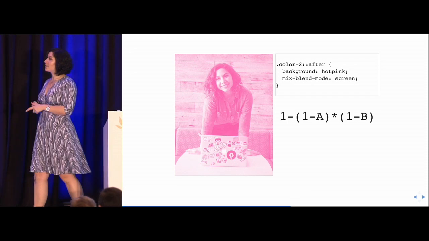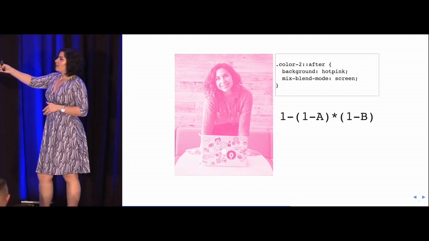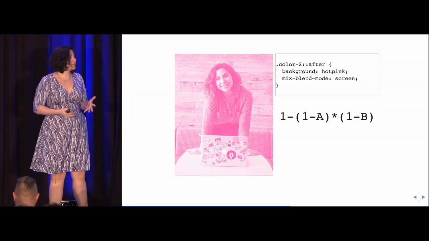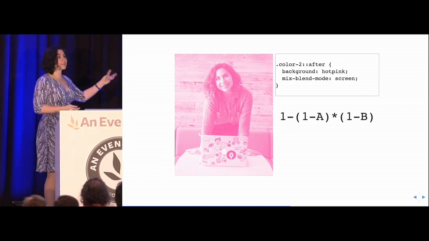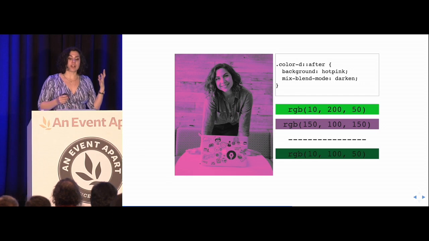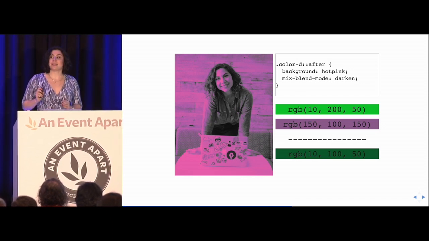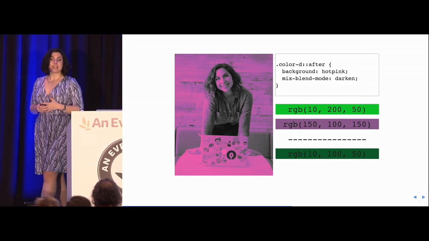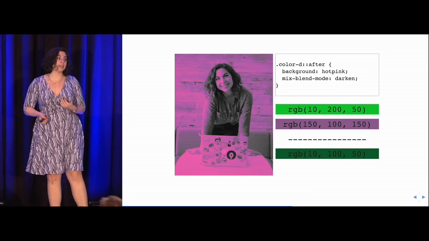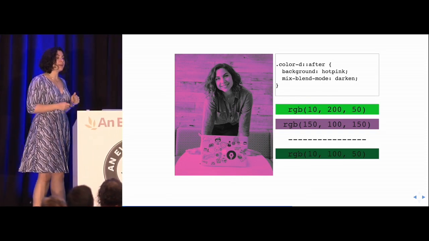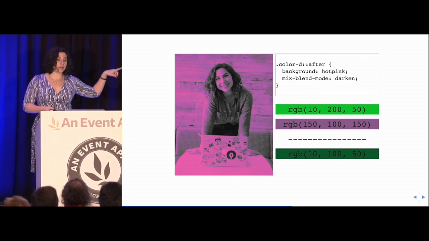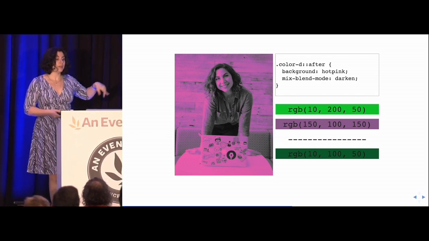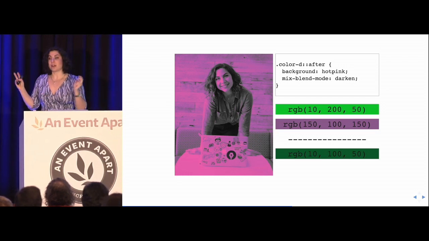And the way that you take inverse in these kind of calculations for blend modes is by subtracting those values from 1. So multiply and screen are a little bit different than darken and lighten, because darken and lighten look at each of the RGB values, and they end up creating new tones, new tonalities based on those values. So if we compare RGB 10, 250 to 150, 100, and 150,